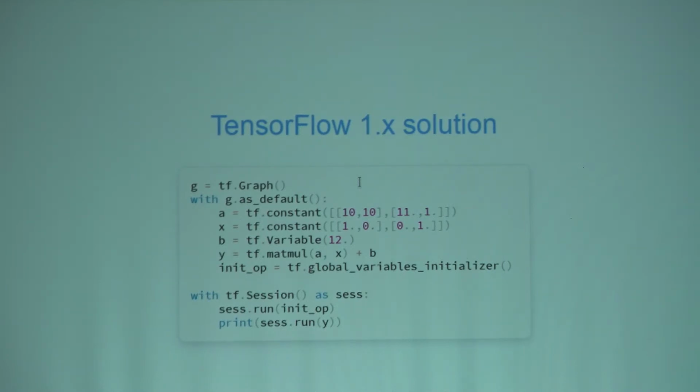I explicitly show the graph. In practice, there's no need to do this because in TensorFlow 1 there's always a graph, a default graph in the current session. But however, what happens is that a graph is created. We declare, using the operations from the TensorFlow package, two constants, our A and our X matrices, and then we declare the B variable. Of course, we have to declare the node of the matrix multiplication between A and X,